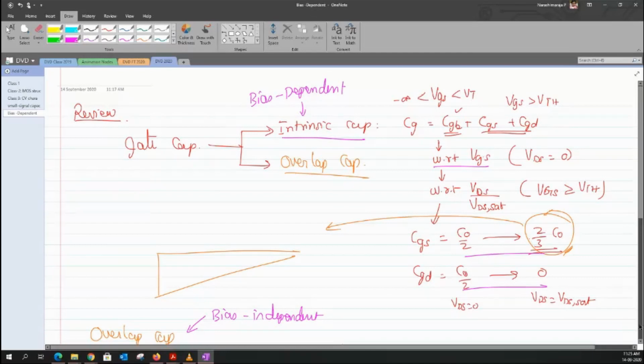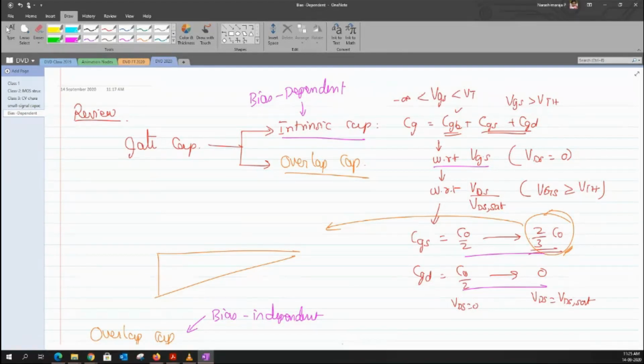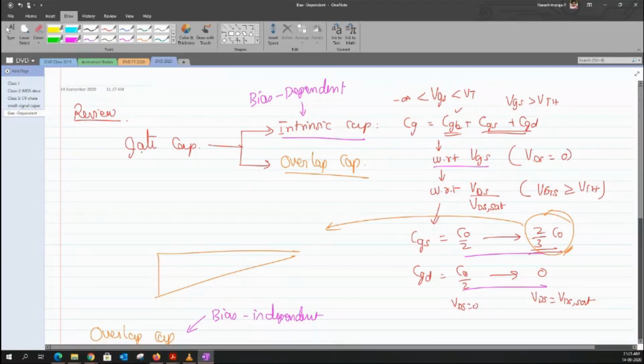Now apart from this gate capacitance, there is also one more type of capacitance that we have to deal with, and that capacitance is known as the parasitic capacitance or diffusion capacitance. Among these two, the gate capacitance is the capacitance that we really look for, because it is needed in order to create the channel, and the field effect transistor works on this particular principle. So I could say that this gate capacitance is a kind of friend of ours.